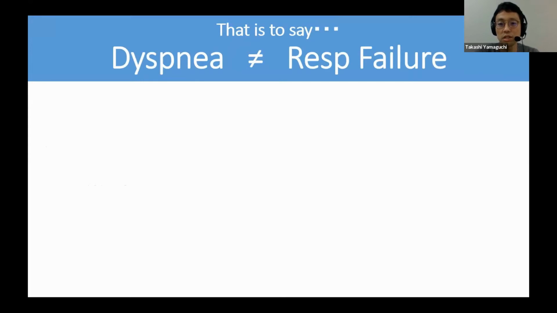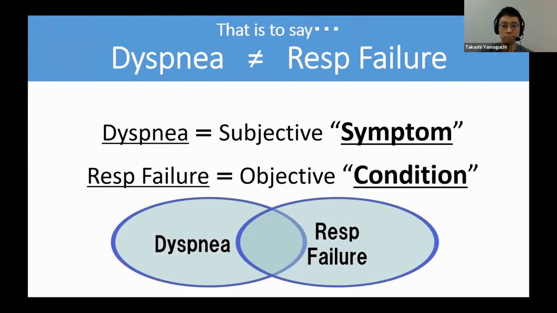So this means that dyspnea is not equal to respiratory failure. Respiratory failure does not necessarily cause dyspnea. Dyspnea is a subjective symptom, and respiratory failure is an objective condition. So we have to separate these two concepts. Sometimes the patient develops dyspnea without respiratory failure, and sometimes patients do not develop